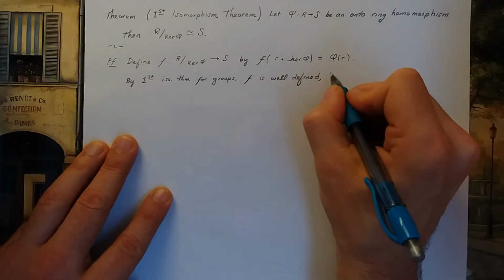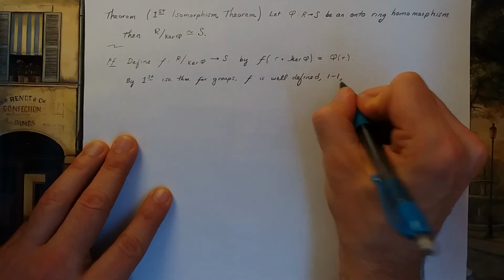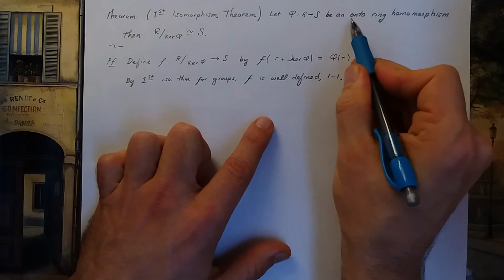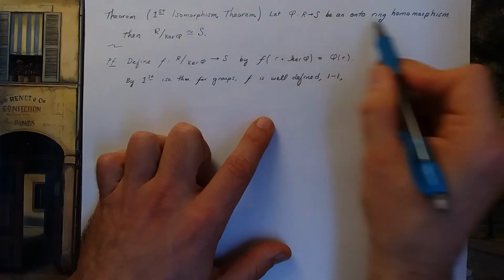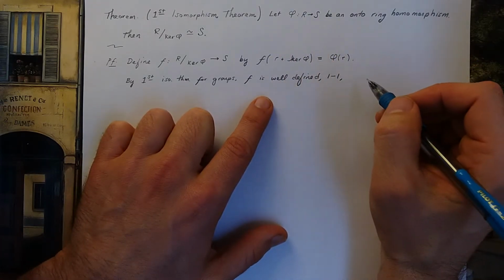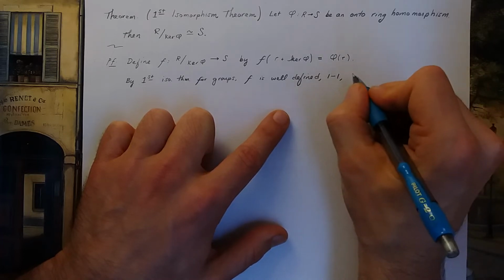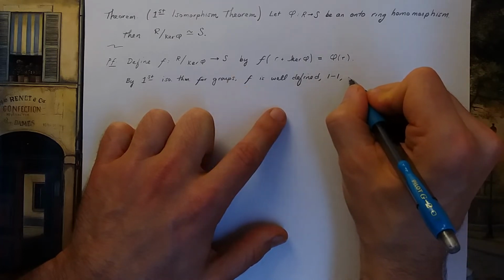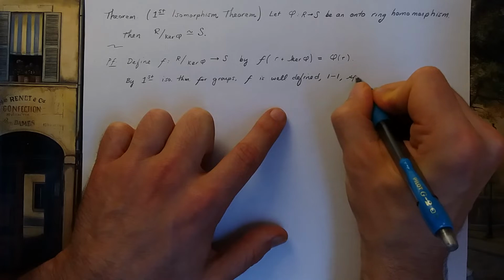We know it is 1-to-1. We know it's onto because that's stated in the statement of the theorem. So it's a bijection. And we know that f splits